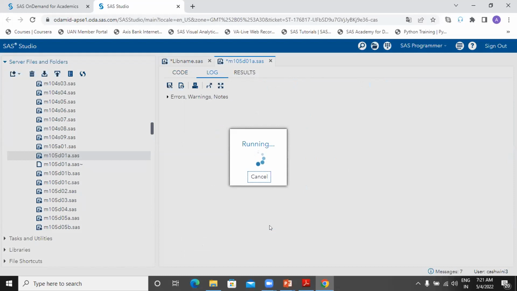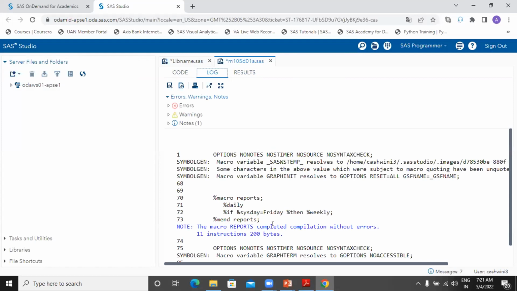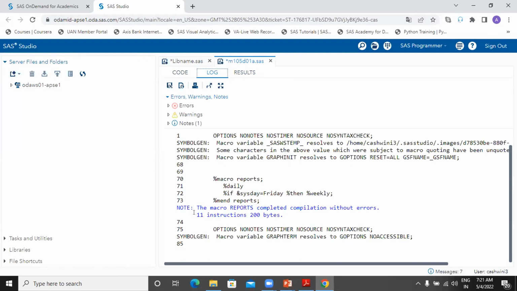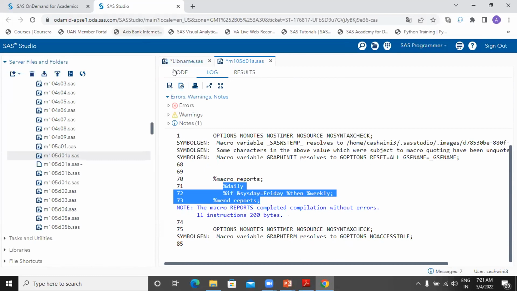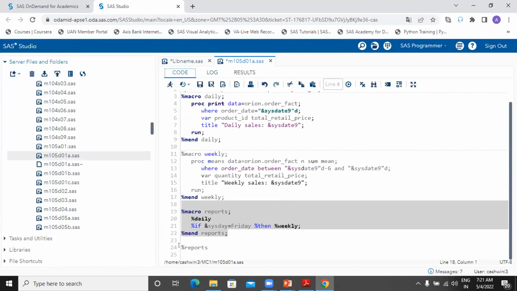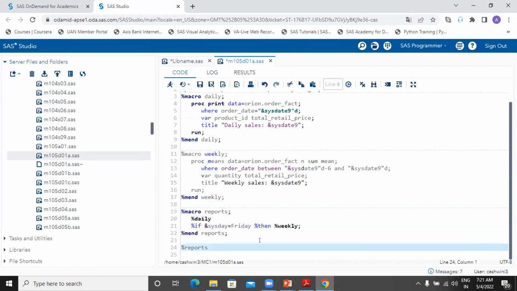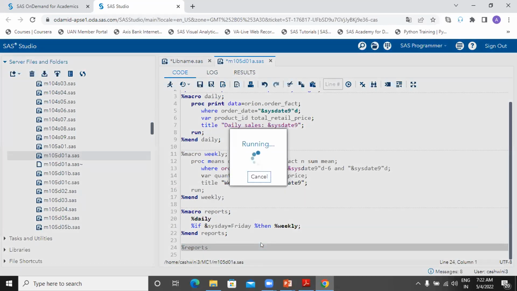I hope you people are able to follow what I'm trying to show you on the screen. Yes, see Ashwini, now it's telling it got compiled. And see, earlier it was telling 0 instructions, 0 bytes, but now it is able to compile with these instructions. So it's storing it and now you call it. While calling also, you will be able to execute without any errors. Meanwhile it gets executed,